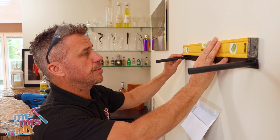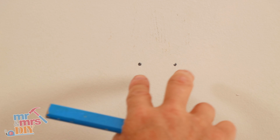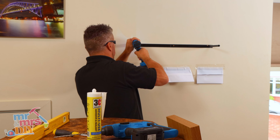Then you can put your spirit level on, make sure it's level, mark the two side ends where the next screw holes are going to be. Drill these, put the plugs in and drive your screws firmly into position so the bracket's nice and solid on